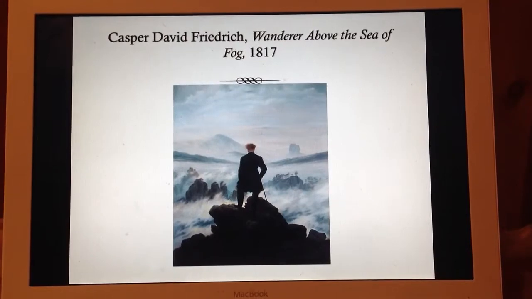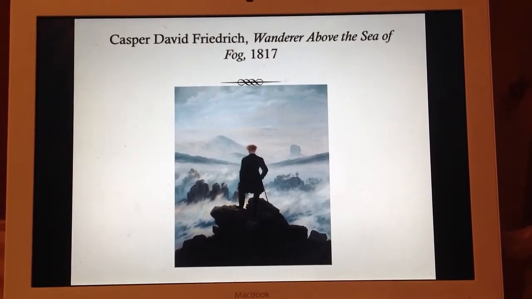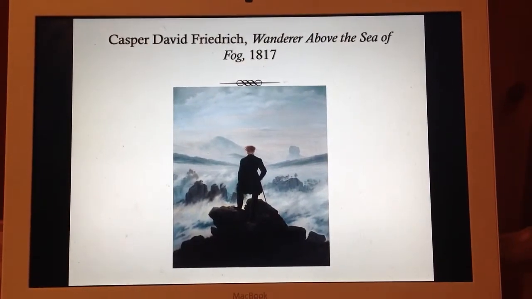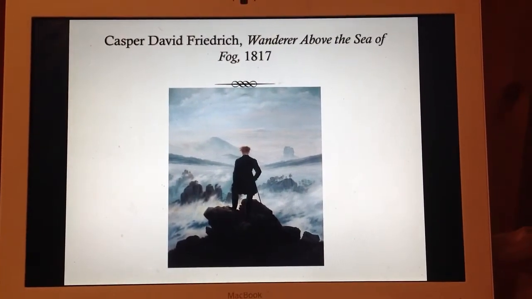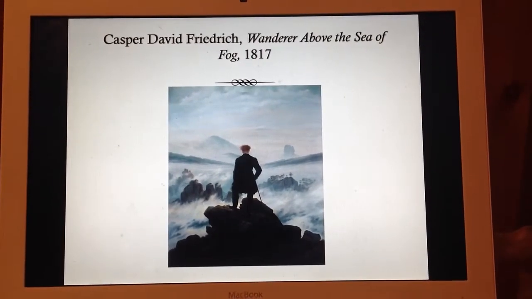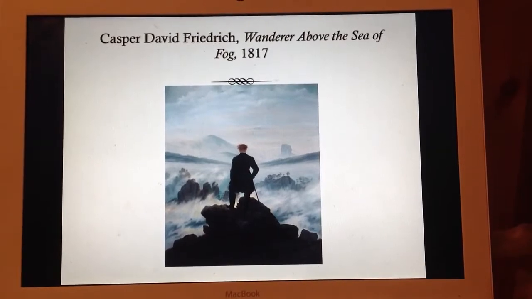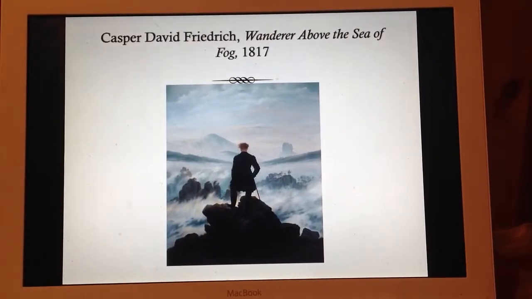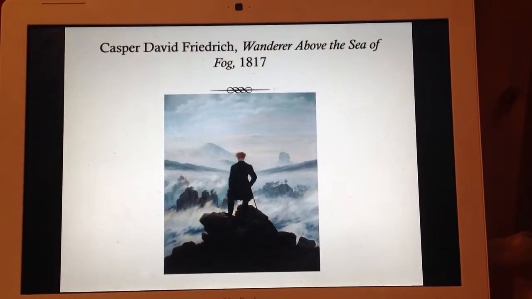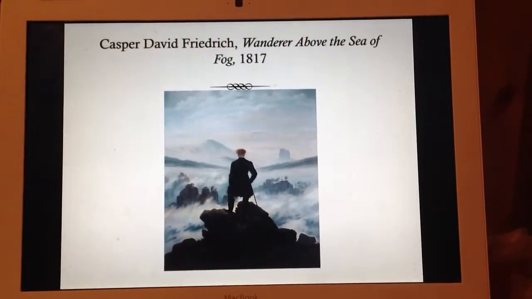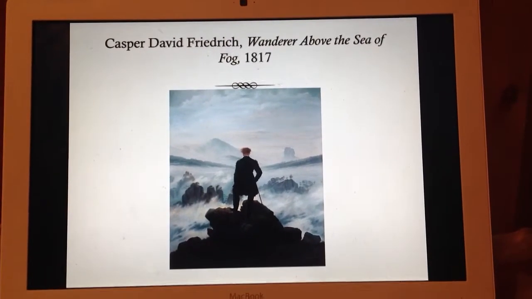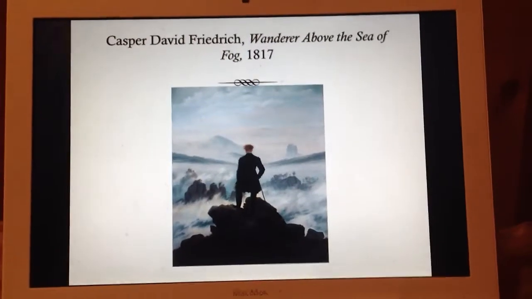Also, the way Friedrich painted the landscape in the background is quite different than the normal landscapes that we're used to seeing during this period. If you look down around the edge of the cliff, his clouds are very wispy and roughly painted. I like to call this the painterly strokes, where it's pretty rough brush strokes. Things are choppy and it's not very smooth. This would be considered sublime because at the time it would be a landscape that was different than what was being produced.